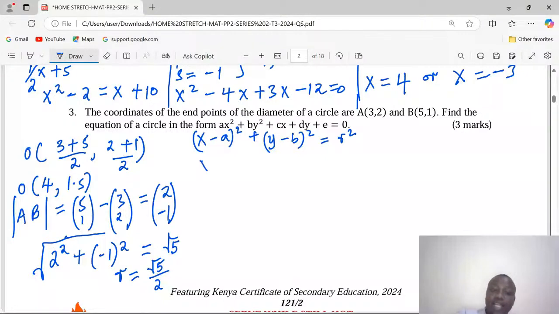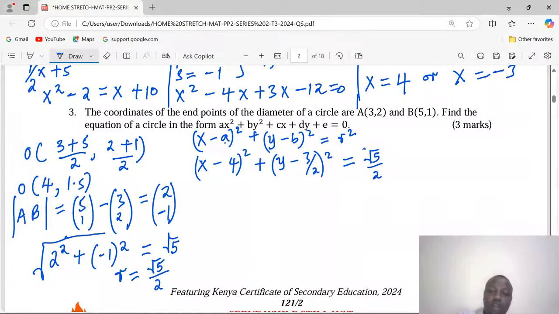So we'll be taking (x minus the a, which is 4) squared, plus (y minus, do you know that 1.5 is the same as 3/2) squared. Let me use fractions that way, equals the radius squared. So the root of 5 over 2, everything now squared. Let's expand the left-hand side such that we will have x squared